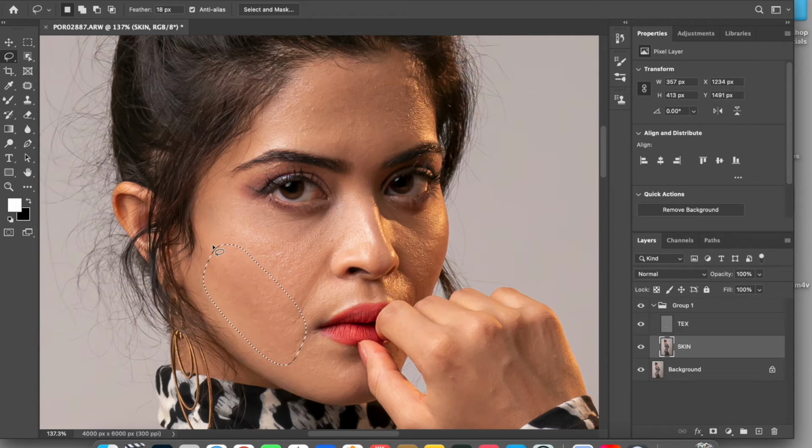Now once you are done, you will keep selecting different areas, because your face is sculpted in a different way, right? So you cannot have the entire Gaussian blur applied all at once. You need to select different parts of the face and then apply Gaussian blur. Once you have applied Gaussian blur, you can always press Control or Command F, and that will help you apply the previously selected settings.